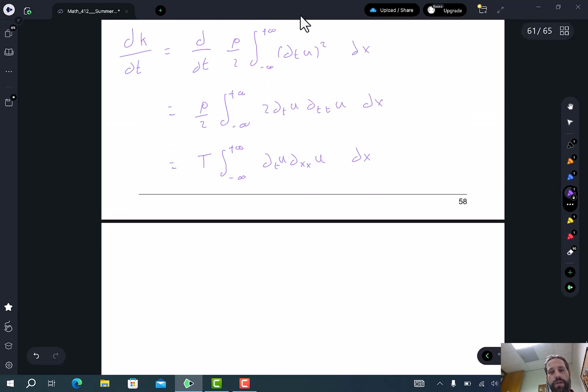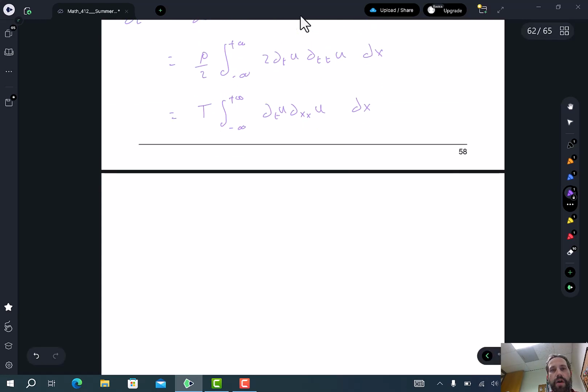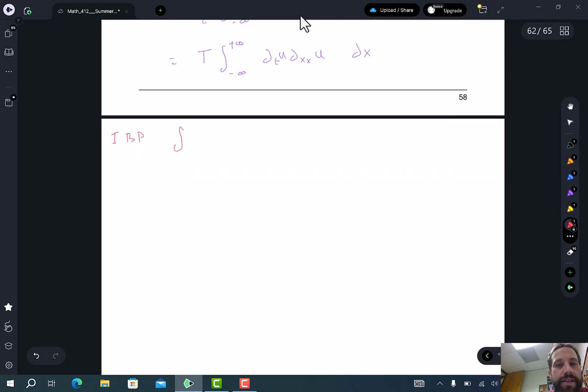There's a u that goes here. Okay, so now let me pause for a moment and remind you of integration by parts. Integration by parts says the following. It says that if I'm looking at the integral,